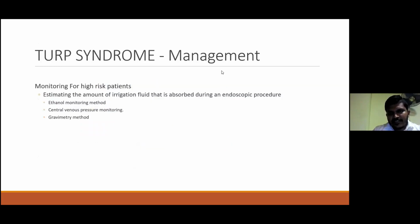So management includes this. It's better to identify those patients early. So the monitoring of high-risk patients is theoretically a discussable point, but the practical use is still questionable. So for the estimation of the amount of irrigation fluid absorption during this endoscopic procedure, there are several ways introduced, including this